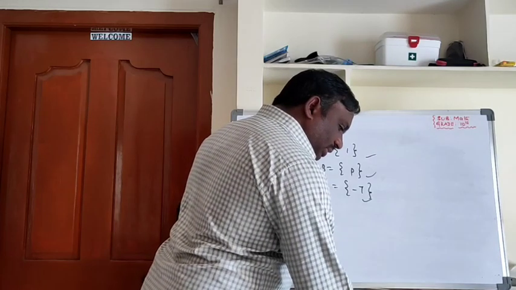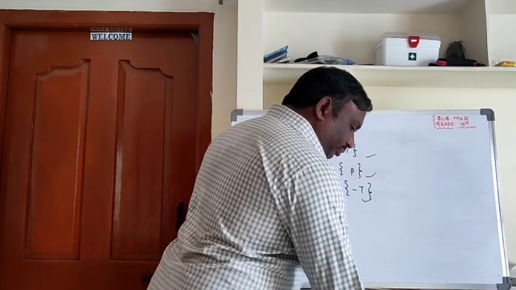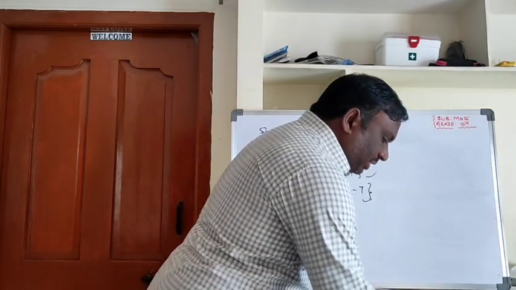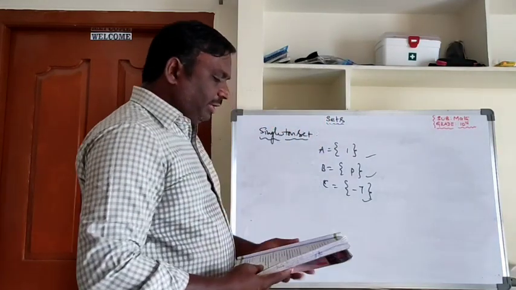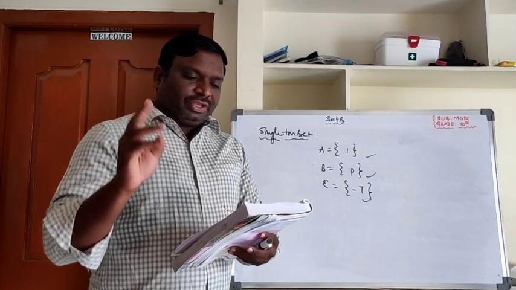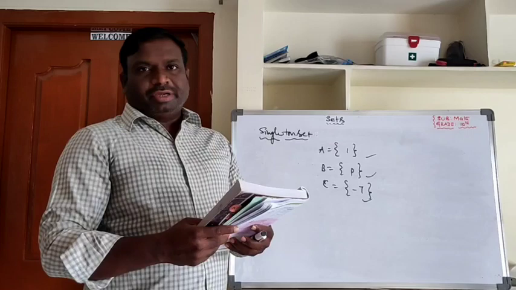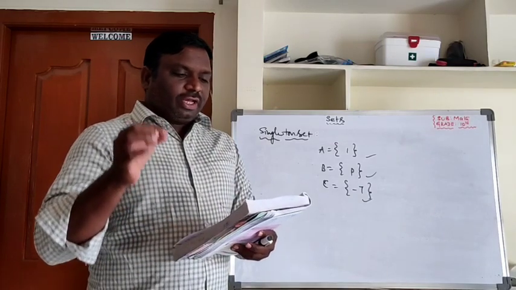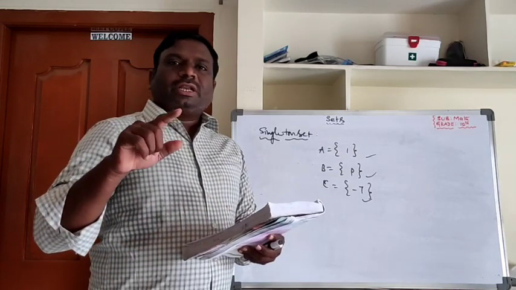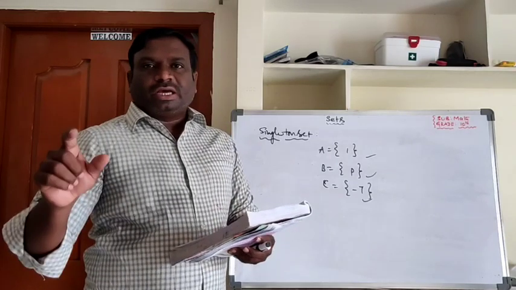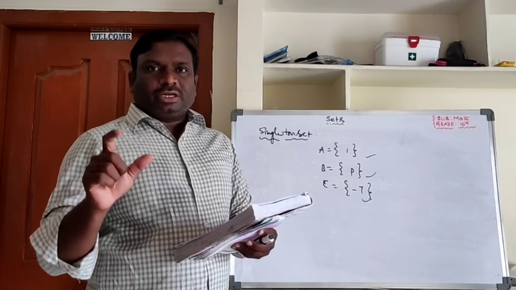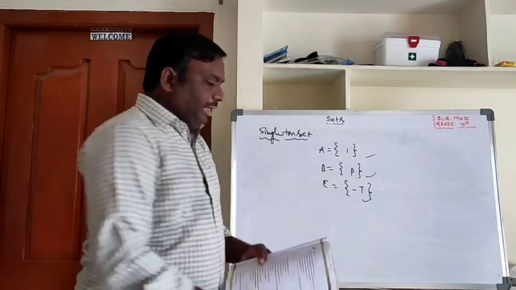Take the exercise questions. Very easy questions. See there, exercise 2.1, mostly explanation is here. Which of the following are sets? Justify your answer. The collection of all the months of the year beginning with letter J. Justify your answer means you have to write the answer also. Directly you cannot say yes, it is a set. If you leave the answer like that, they will not give you full marks. So you have to justify. You have to write the reason also.